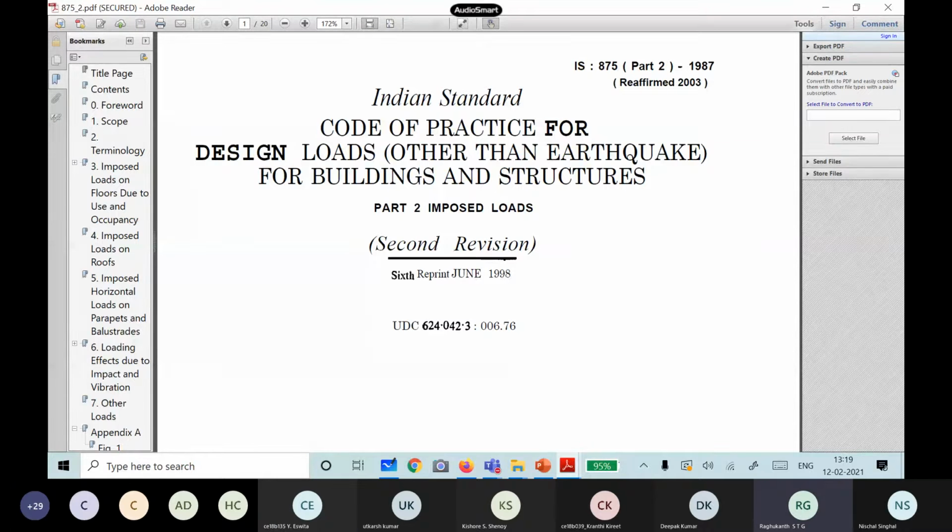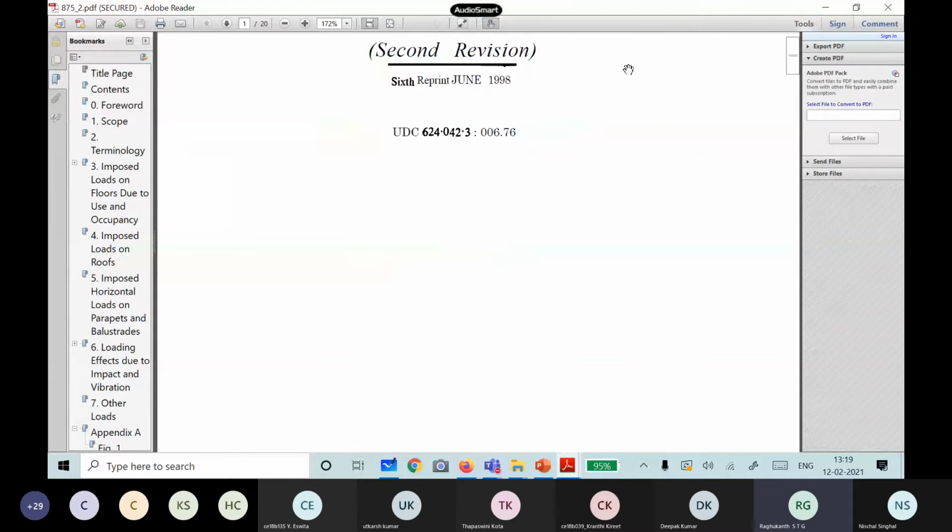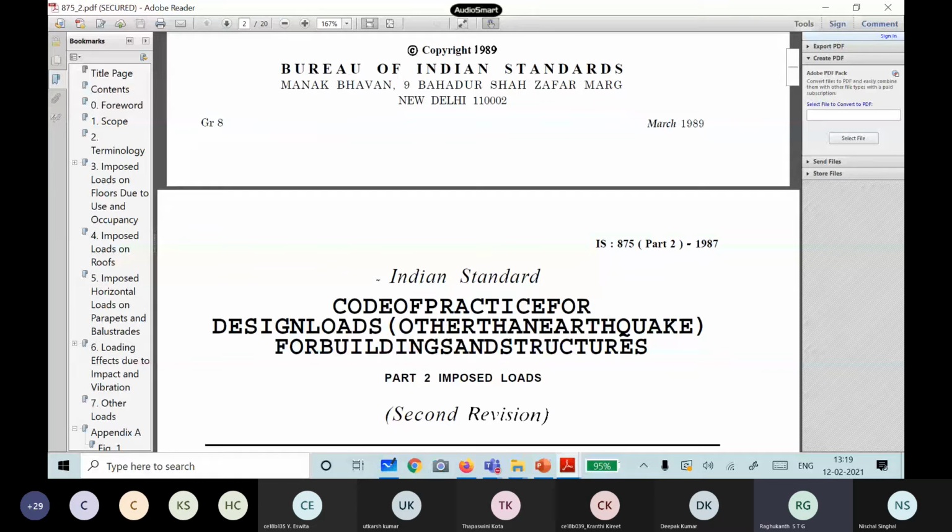But here the most important thing, you see the title, Part 2. What is written here? Live load or imposed loads? Imposed. So now the terminology is different. Like one of you asked, is snow load a live load? This is a little bit of terminology. This has been changed recently. Instead of calling it a live load, they call this imposed loads. Okay, so now let us see what are its contents.